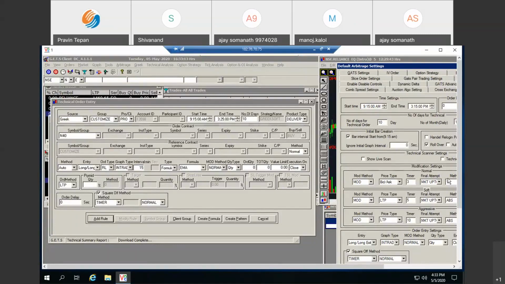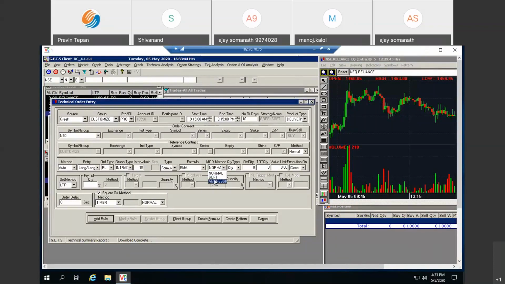Then we have given final attempts. And finally, what do you want to do? Cancel your order, or you want to just remain pending only, or you want to place the order above the market price. We have given that option also, like absolute or percentage. Let's say 1 percent, or in absolute, 5 rupees above. So anything you can set here. This is totally customizable. You can place any parameter here, save those parameters, and use them here. So normal, soft, aggressive, three rows are there, and you can select any of those settings from there to here.